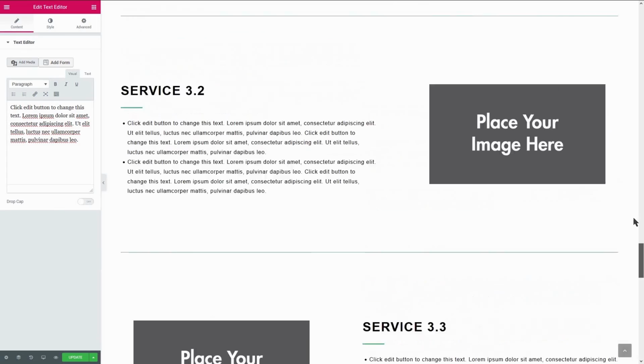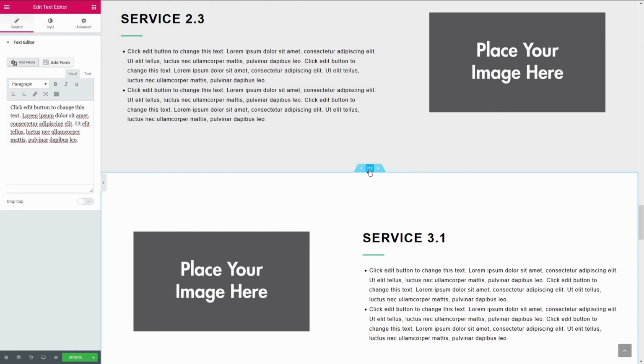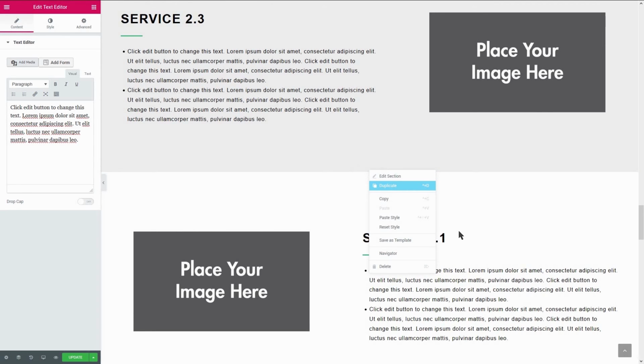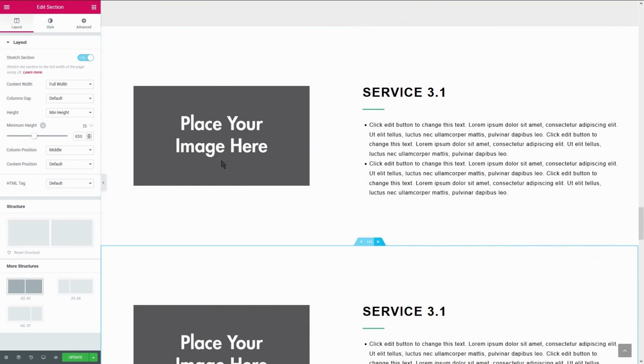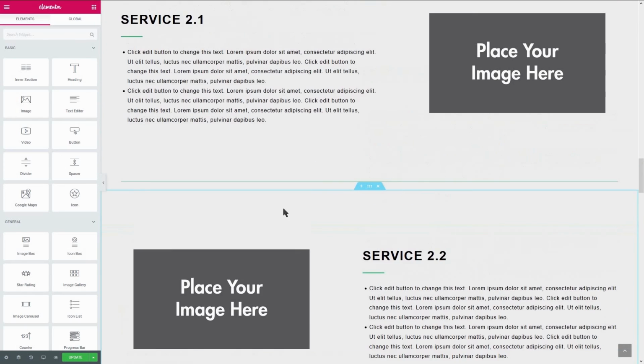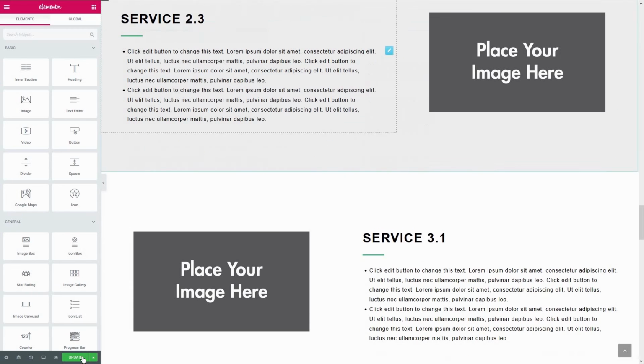Like so. And of course, if you have more to talk about, you can go right click duplicate, and that'll just make a copy of that template. So you've got full control as to how much content you want to publish or not publish. So if we click on update and preview that,